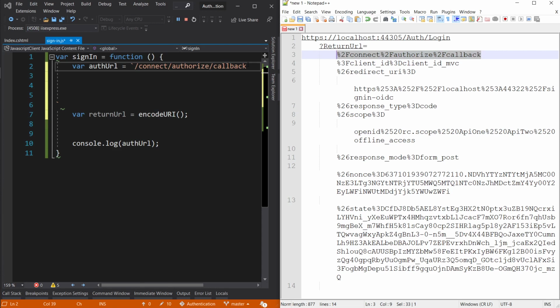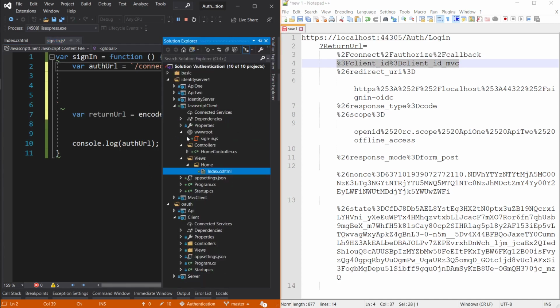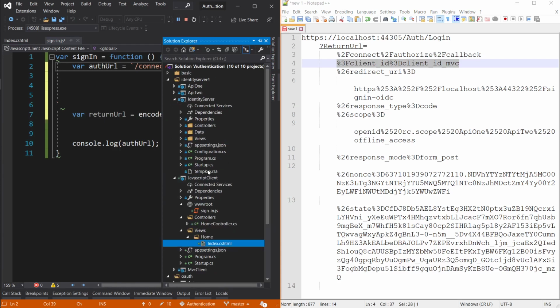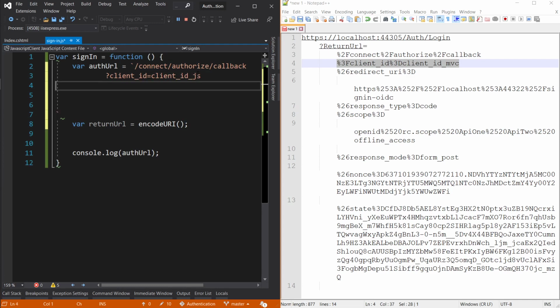The next thing is the client ID, right? So we haven't actually set up the client with IdentityServer. Where is it? Here in the configuration for this, but we will do this in a second. But this doesn't really stop us from basically going ahead. Client ID equals client ID, and we'll do something similar, but we'll call it JavaScript. Okay, next thing